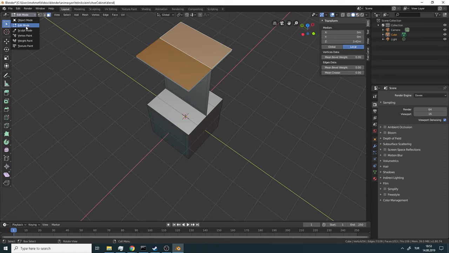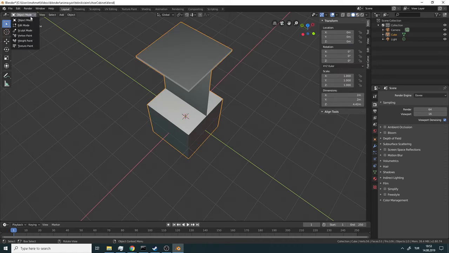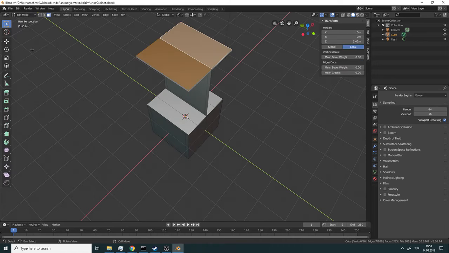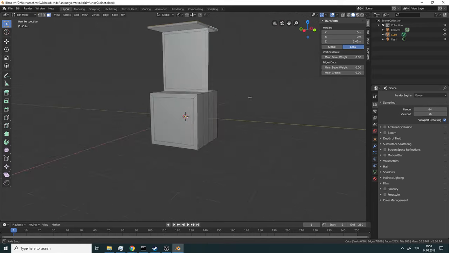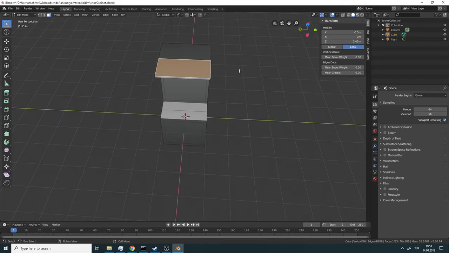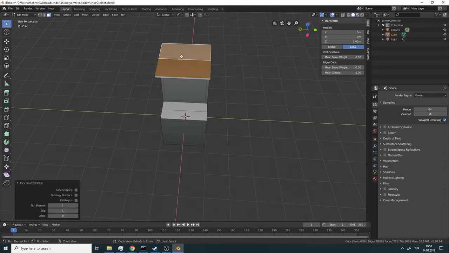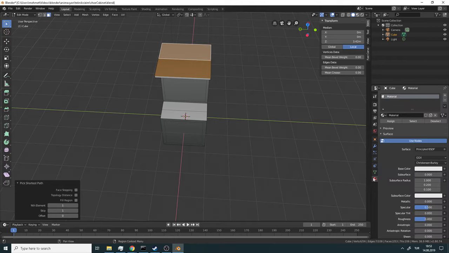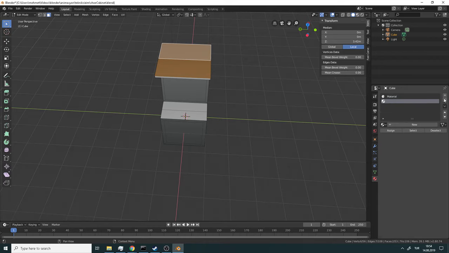This is object mode, edit mode, and you have to select edit mode in this section and select face and select with Control K other face. Nice. We paint here first. Material here and add new